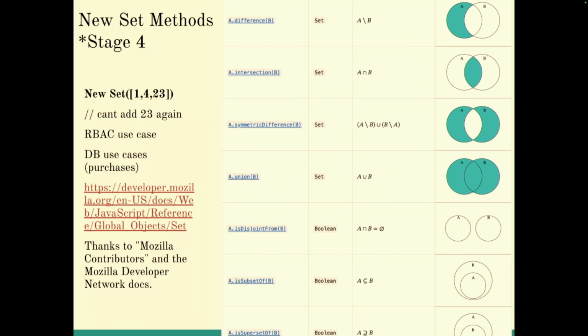Another one that I can think of that's pretty prevalent is role-based access control. A lot of times different groups make different roles for security permissions for people who are similar and overlapping, and you can have some weird logic because of that. Now with these different set methods, you can more efficiently look at the differences between sets for role-based access control and handle permissions with a little bit less code and a little less convoluted code.